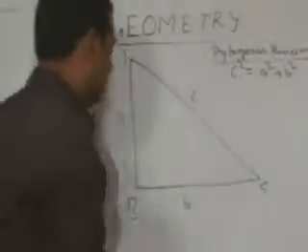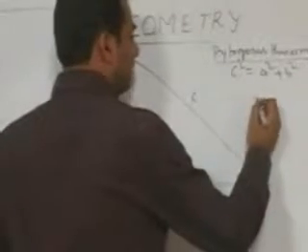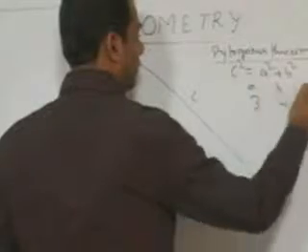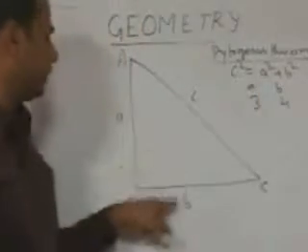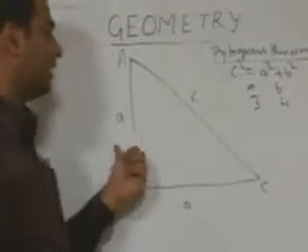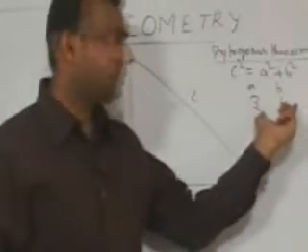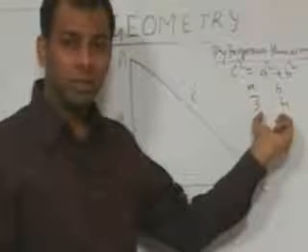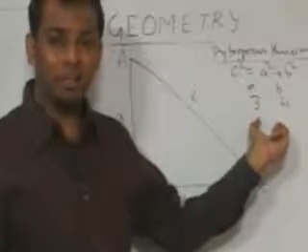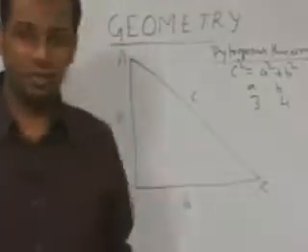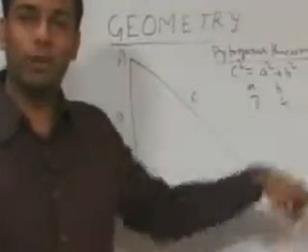The standard Pythagoras triplets are 3, 4, 5. Just writing the value of A, B, C. If one of the sides is 3, this is 4, this side has to be 5. That is 3 square plus 4 square equal to 5 square. And it's important that you remember this Pythagoras triplet, because most of the questions in the CAT were based on the Pythagoras triplet. They generally use the standard result. So this is one of the standard results, which is 3, 4, 5.